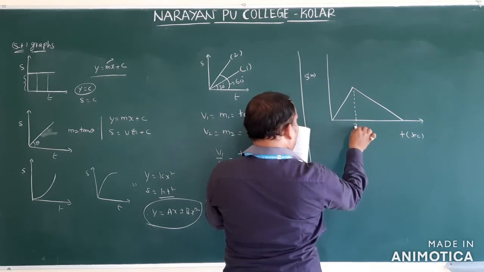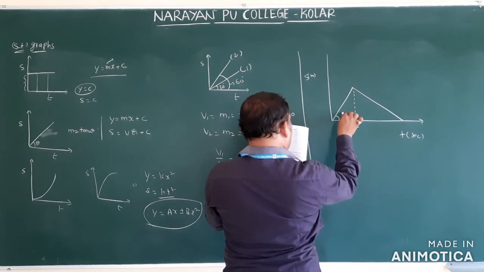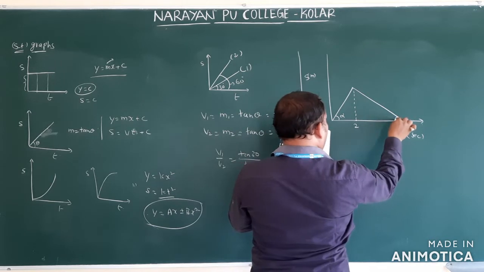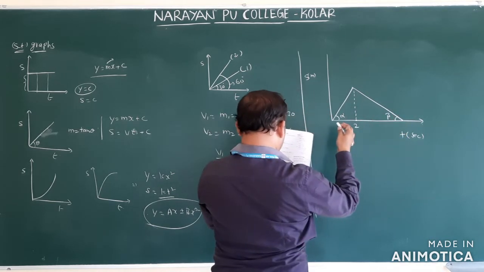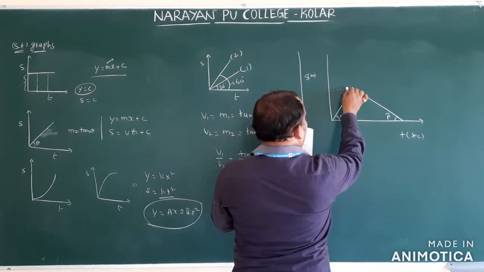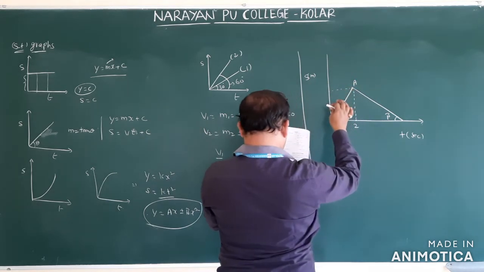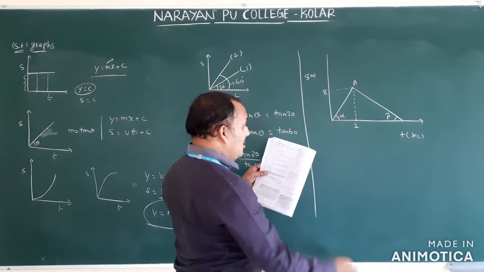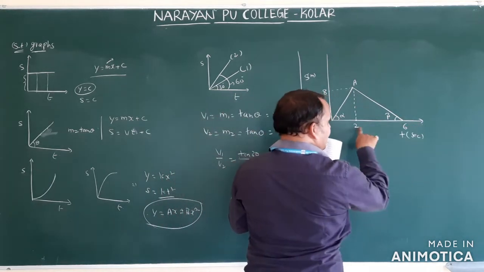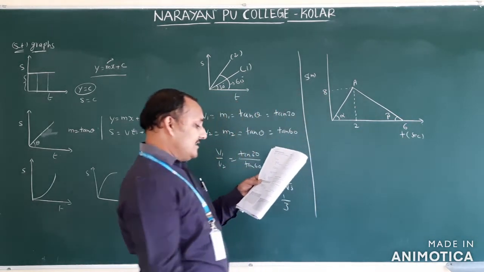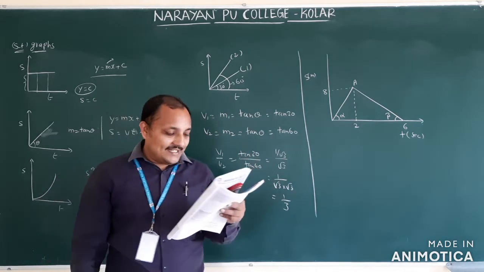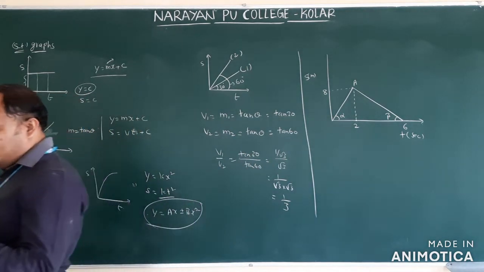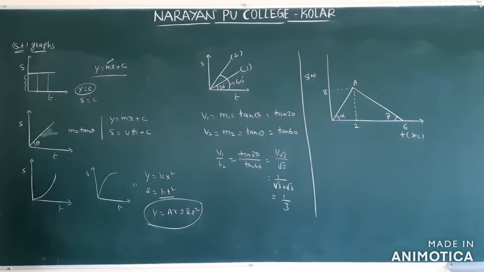This is nothing but 2. This is alpha. This is beta. Right? So this one they gave 8. That is nothing but 8 on the y axis. And how much total time did they give? 6. Here these are 2 seconds, 6 seconds. What are they asking? Find the velocity of the particle at time t equal to 1 second and at time t equal to 4 seconds.